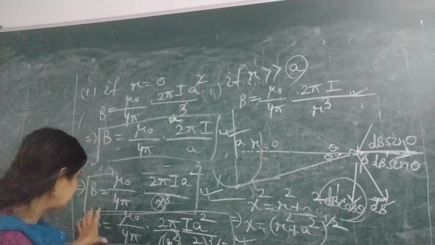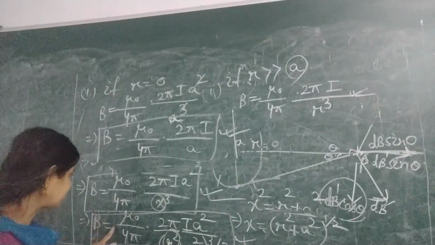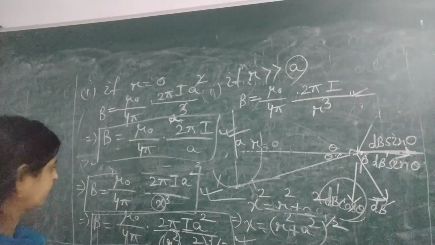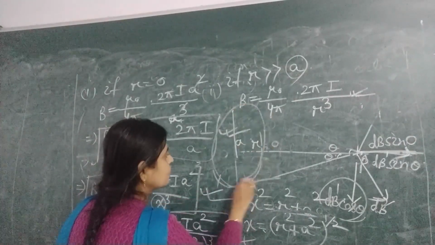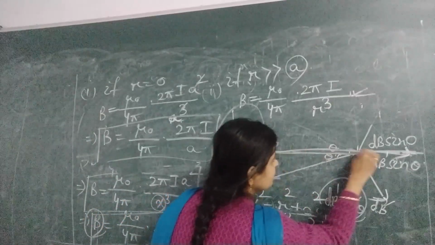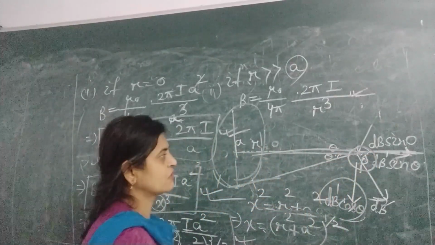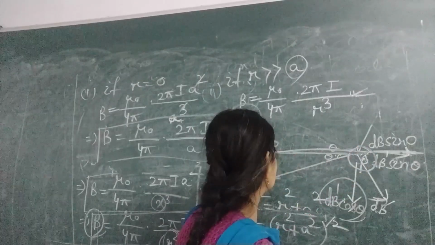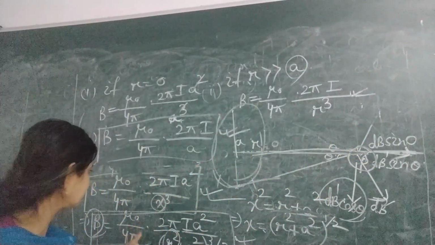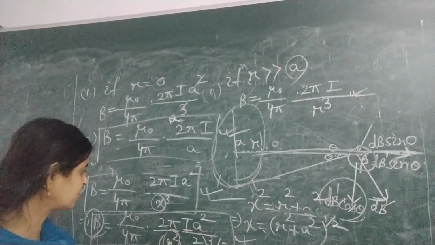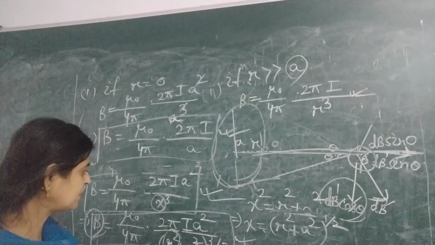But the important thing is, by using Biot-Savart's law, the magnetic field due to a circular coil on its axis, because the point P lies on the axis of the circular coil, is B equal to mu naught by 4 pi 2 pi I a square divided by r square plus a square whole